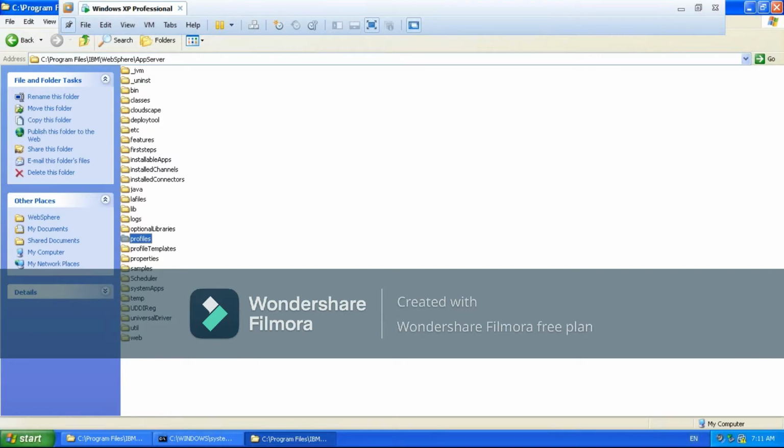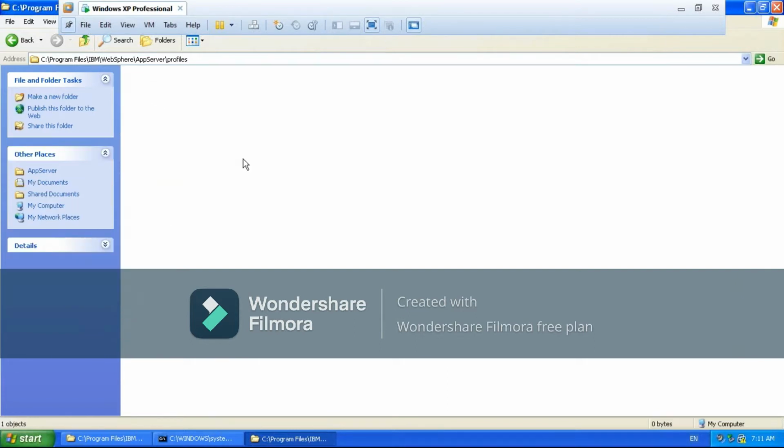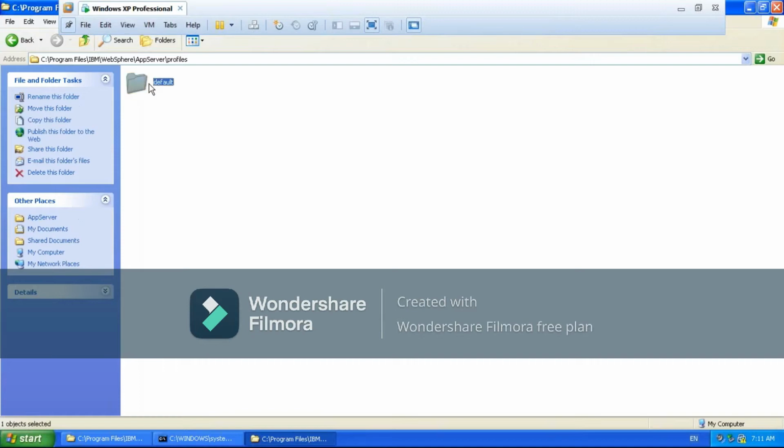There you can see a profile which you already created. That one is default, because it's the product binaries of base, a standalone product, and by using that you can create only one type of profile. The same type of profile which you already created, the default, you can create n number of times, but all n profiles are going to look the same as a default, with no relation to each other.